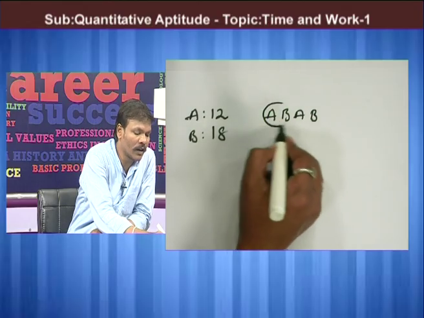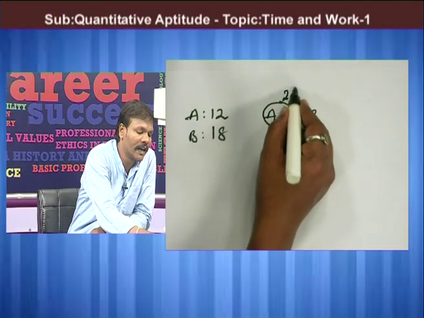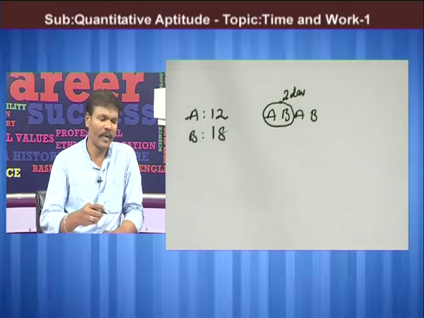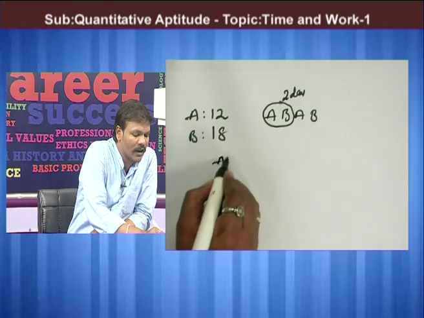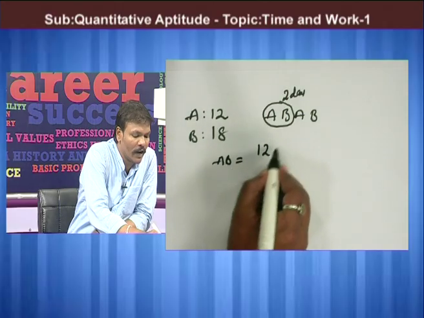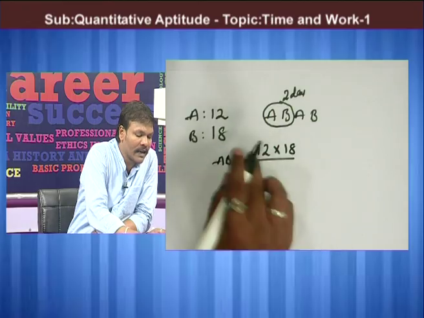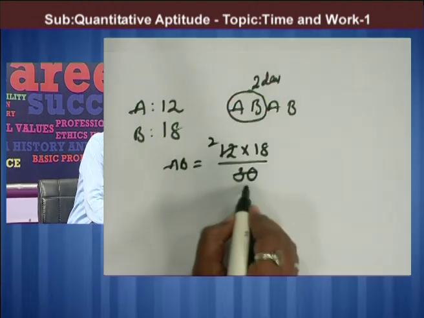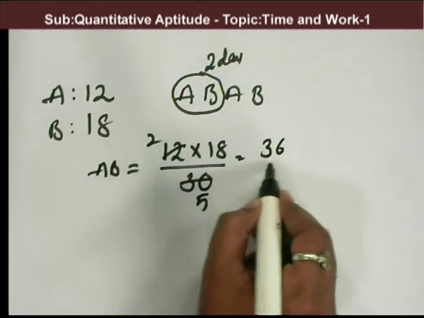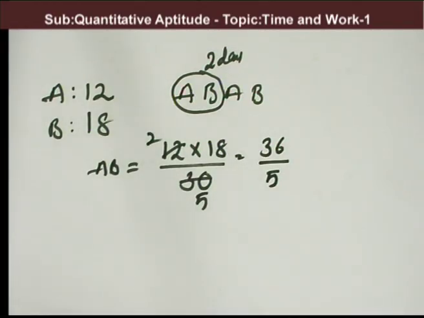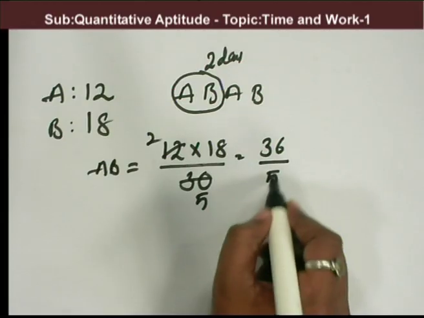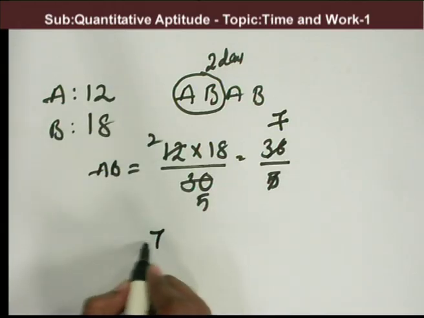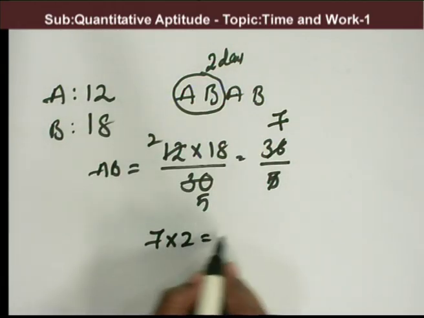Alternate working days means for A, B working together it takes 2 days of block. Then the work will be completed in how many days? In how many days can A, B complete the work? For A, B, that means 12 into 18 multiplication by addition, addition is 30, that is 6×2, 6×5, 18×2 is 36 by 5, 36 by 5 means 5×7 is 35. So what we have is the result 7, and already we are discussing the 2 days, so 7×2 is 14